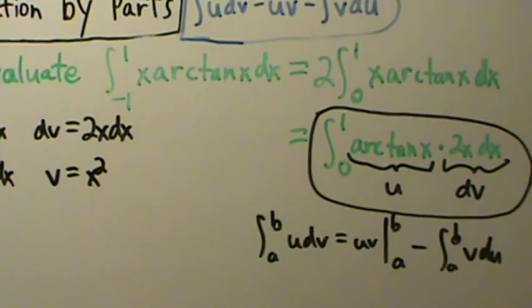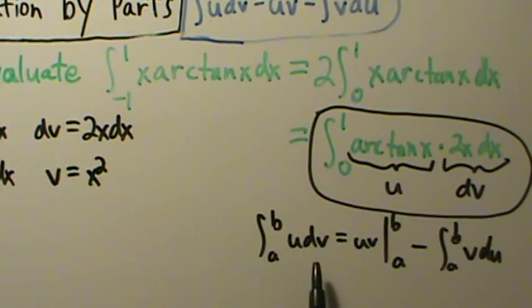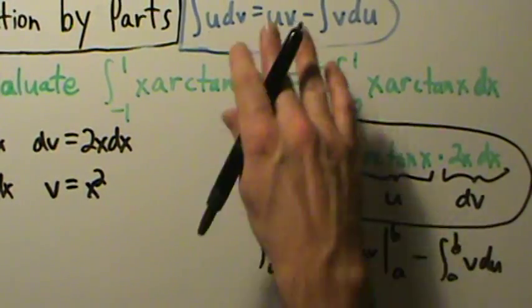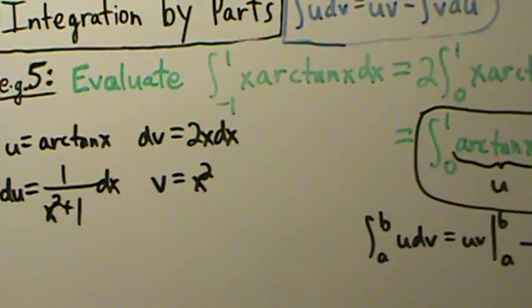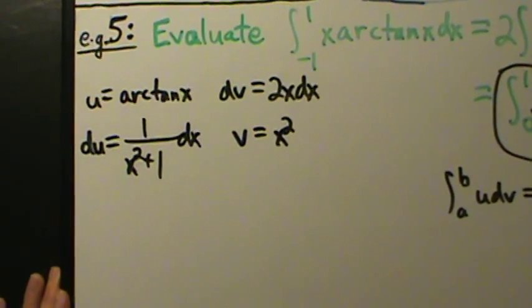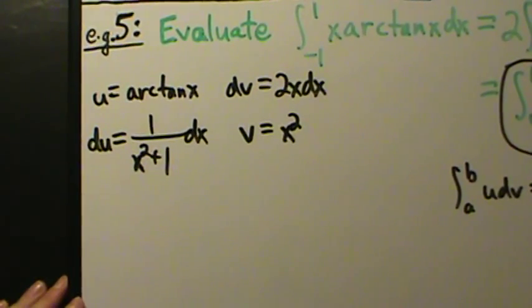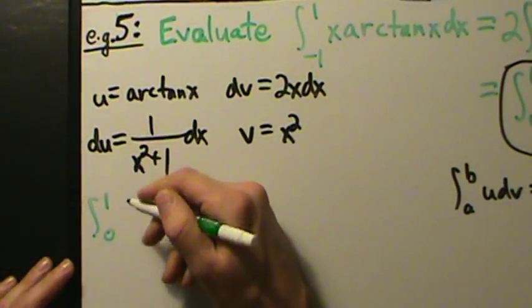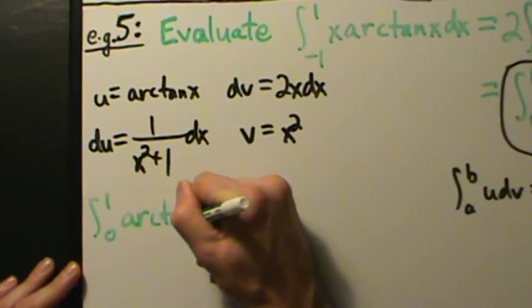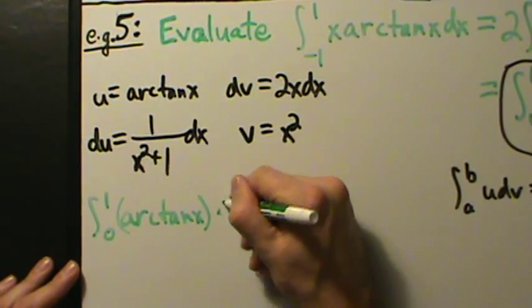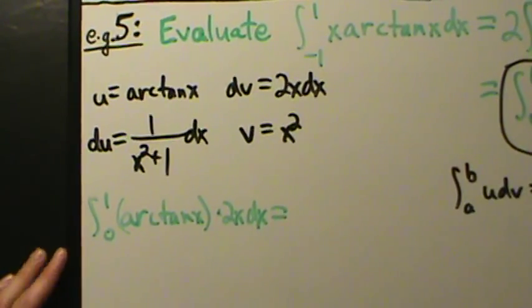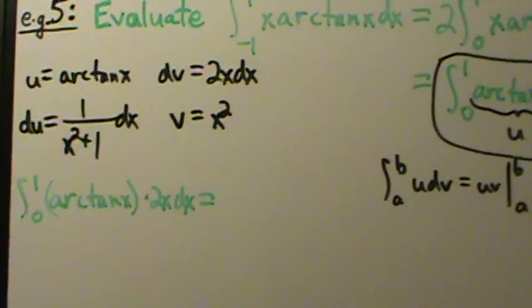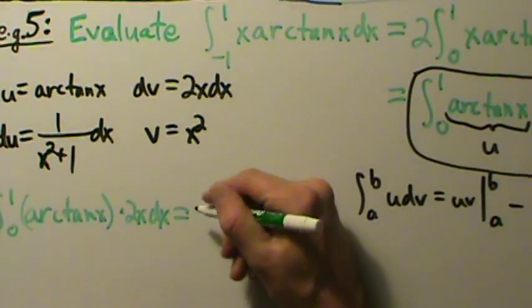Here we're integrating from 0 to 1. So we're just going to do uv evaluated from 0 to 1 minus the integral of v du evaluated from 0 to 1. It's the exact same formula as up here, just with limits of integration. We talked about that in the other video where we did a definite integral with integration by parts. So let's continue. Now the integral from 0 to 1 of arctan of x times 2x dx equals uv, so that's arctan of x